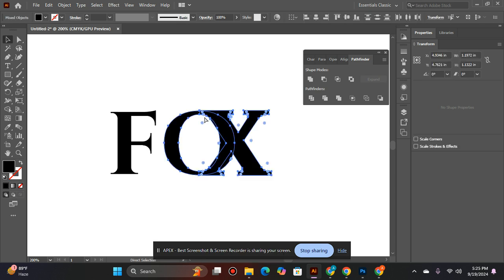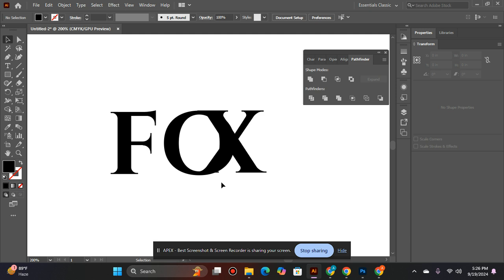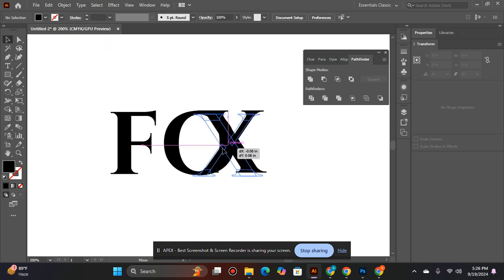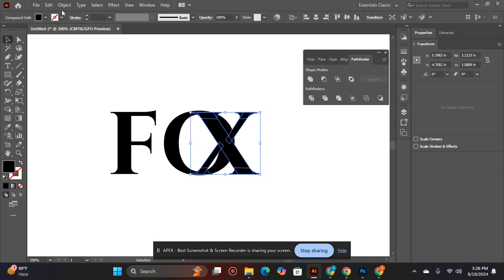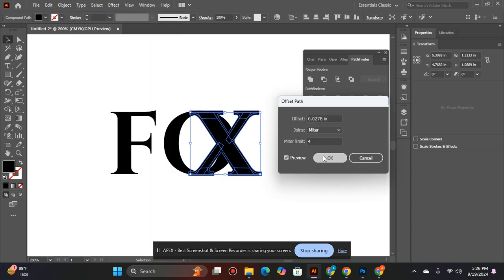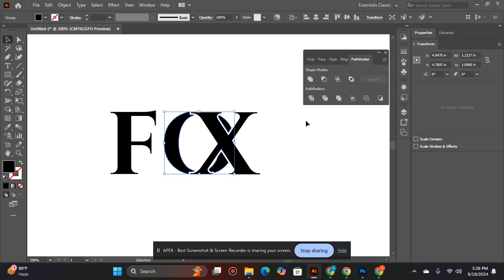Okay. And we need to do is select the object, Object, Path, Offset Path. Okay, and shift and right click. Then cut it with this. Okay,